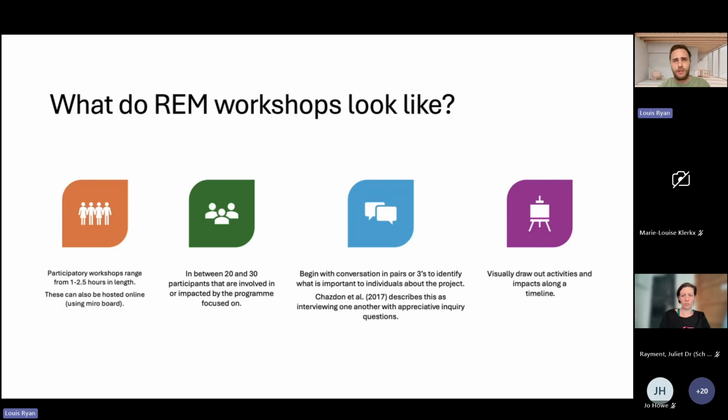We did a workshop with the North East and North Cumbria Public Health and Making Every Contact Count team, where there was probably about 50 people in the room. So the less people you have as participants, the less facilitators you need. The more participants, it's a lot more helpful to have more people to facilitate. But the people that should be invited are the ones that are impacted or impacting the program.